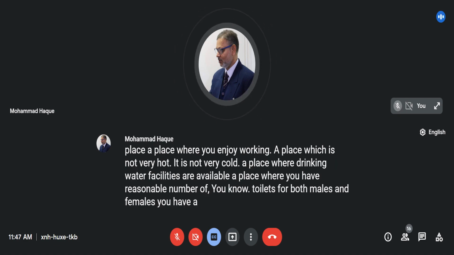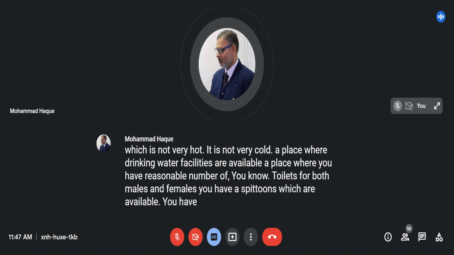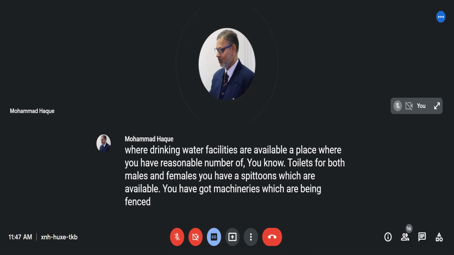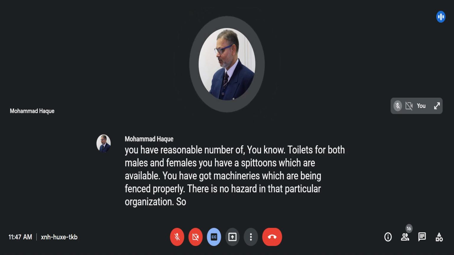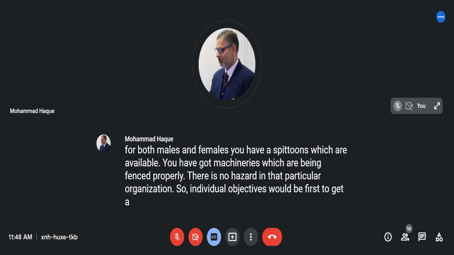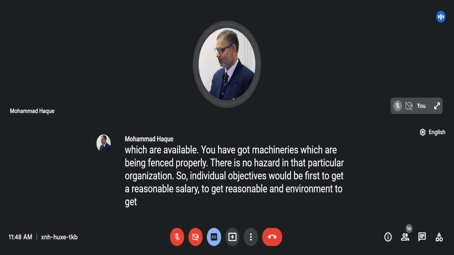You have spittoons which are available. You have got machineries which are being fenced properly. There is no hazard in that particular organization. So individual objectives would be first to get a reasonable salary, reasonable environment, and the right kind of culture